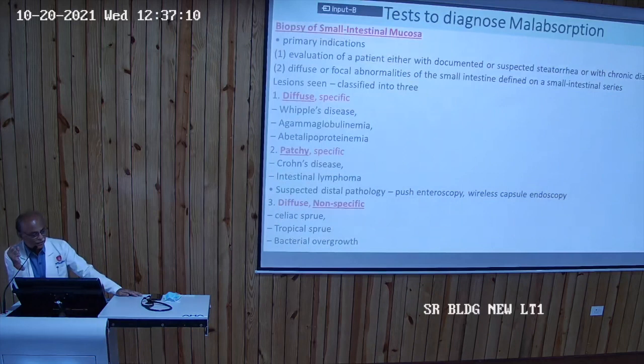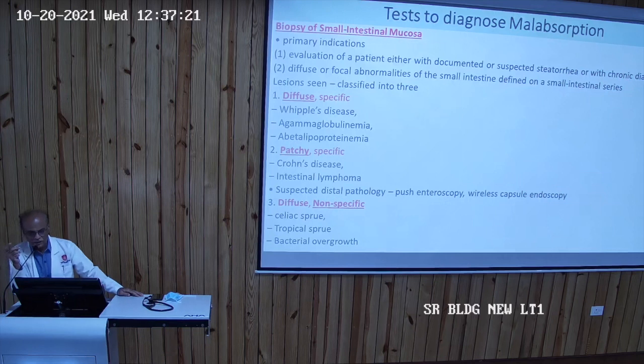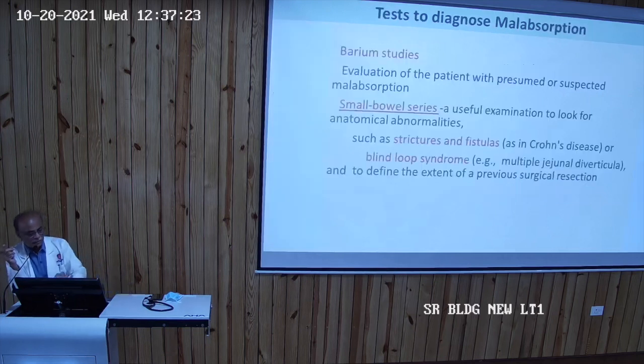So another test is endoscopy. It will give you direct results like Crohn's disease and celiac disease. In Crohn's disease, as we told you in the last lecture, there will be a cobblestone appearance. So it denotes there is Crohn's disease. If there are reduced duodenal folds and scalloping of the duodenal mucosa, it indicates celiac disease. So another test is biopsy. By biopsy we can diagnose Whipple's disease, abetalipoproteinemia, Crohn's disease, celiac sprue, tropical sprue, or bacterial overgrowth. All these can be diagnosed by biopsy.